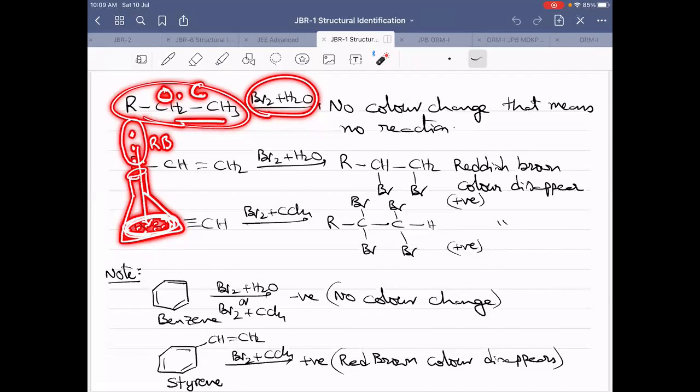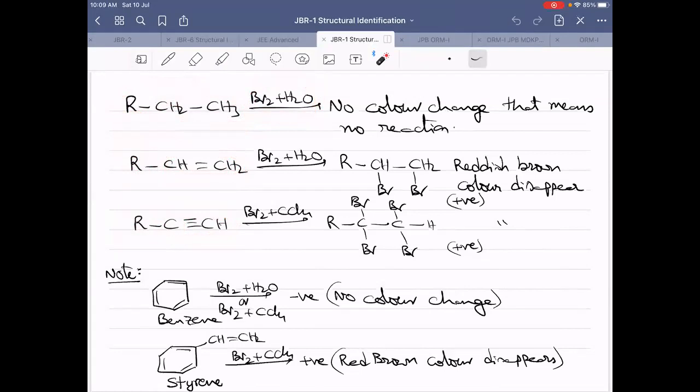But if you have taken an alkene or alkyne in the beaker, then after the reagent is added, the Br2 molecule will react with the alkene or alkyne, and once the Br2 molecule is broken down, the reddish brown color will disappear. So that is a test to identify the presence of alkene or alkyne. Alkane, no color change. Alkene, the reddish brown color disappears by formation of this product. With alkyne also, this product is formed and the reddish brown color disappears. It will become colorless.